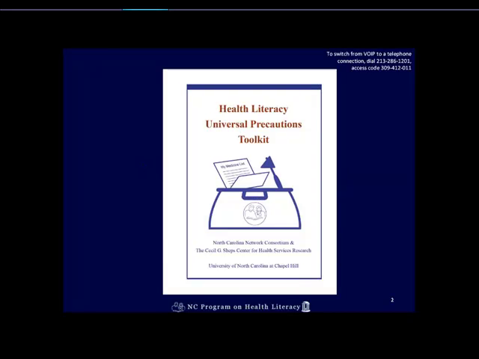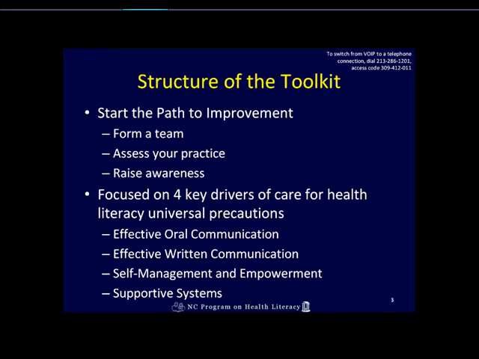As you all know, this webinar is focused really on the assessing your practice part of this to implement best practices related to health literacy. But as Cindy noted, this assessment is part of a more comprehensive toolkit to implement health literacy universal precautions. And we expect that the entire toolkit will be available in the next month or two, and we'll have information at the end on how you can get the entire toolkit. Today we're going to focus on the assessment and how that can help you to make changes in your practice. A little bit of background on the toolkit.